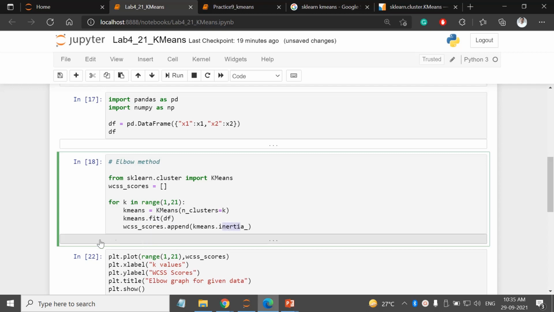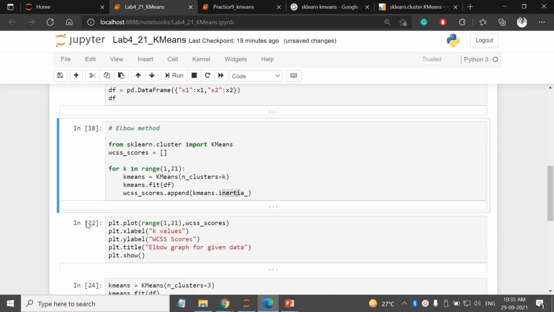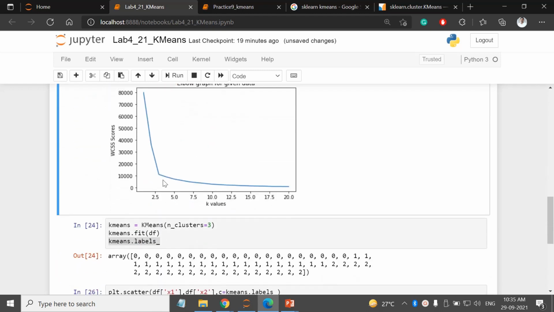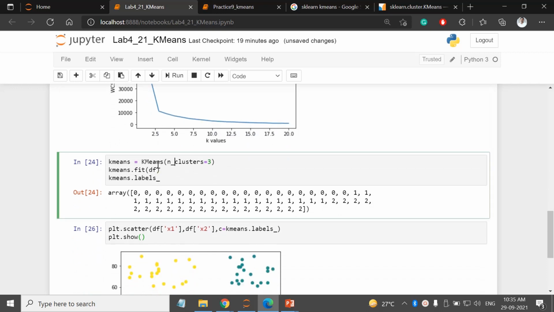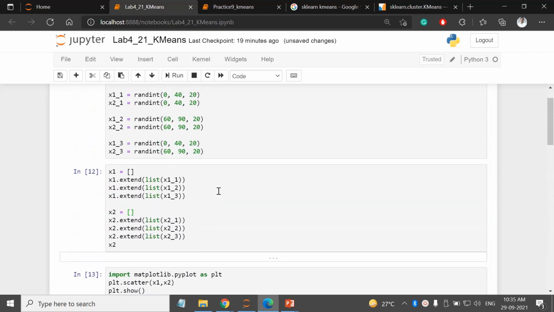As observed, the inertia score decreases with the increase in k value. You plot it, find that pivotal point, and that will be your ideal k value. Then we generated an object with that value, fit the data, got the labels, and showed the data points. So, any doubt?